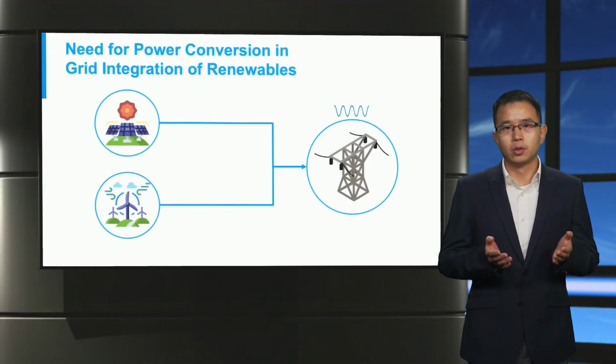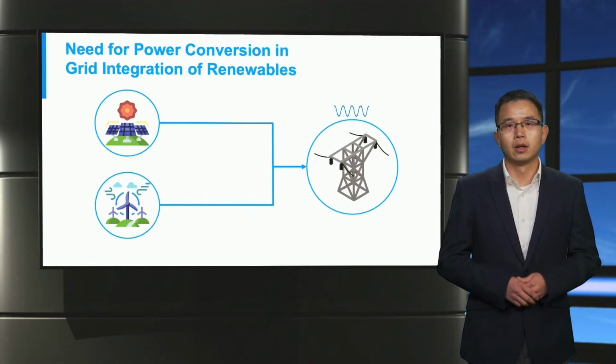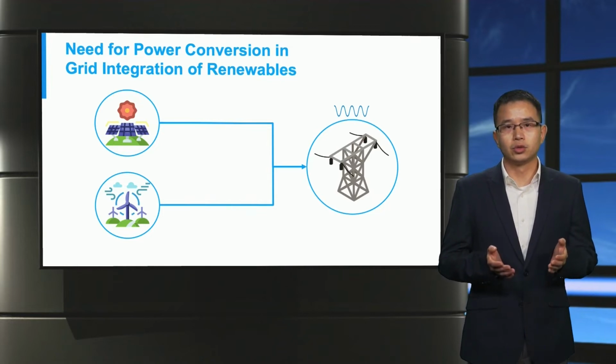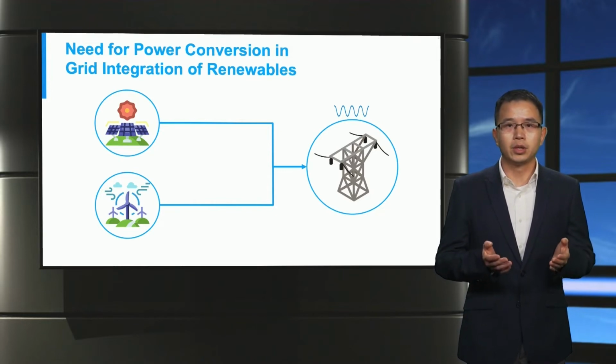Generation of renewables highly depends on the weather condition and location, which means renewables cannot always match the local power demand. Therefore, it is preferred to integrate renewables into the grid so the generated power can be sent to any place that has a power demand. However, renewables are not appropriate to be directly connected to the grid.